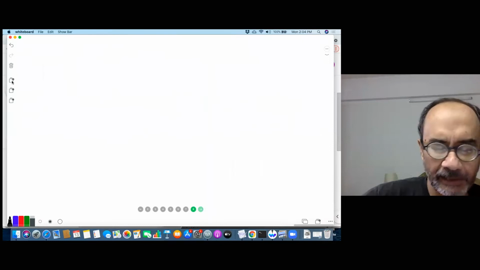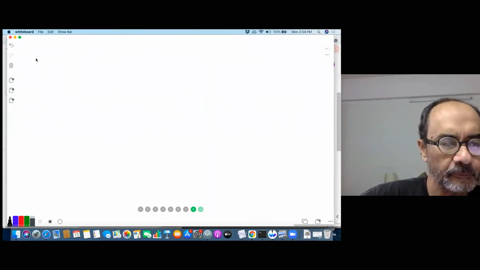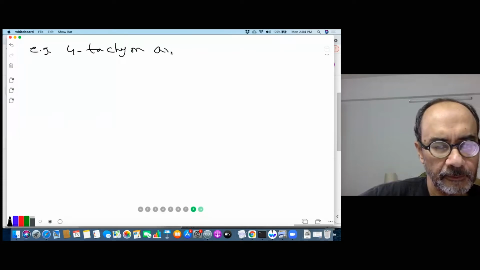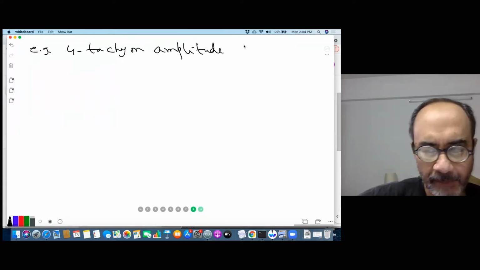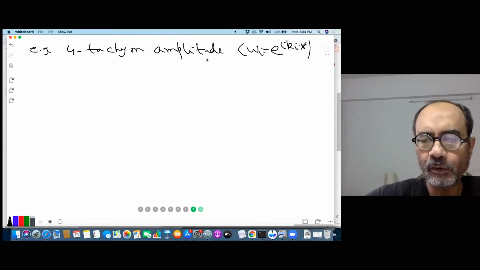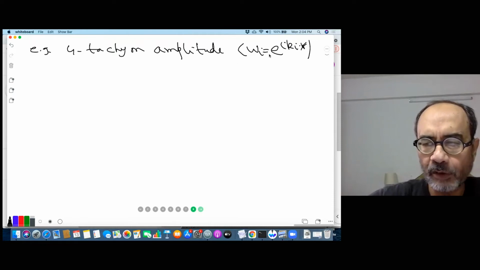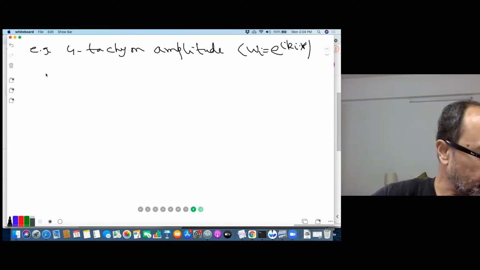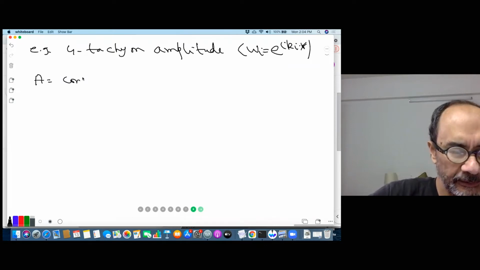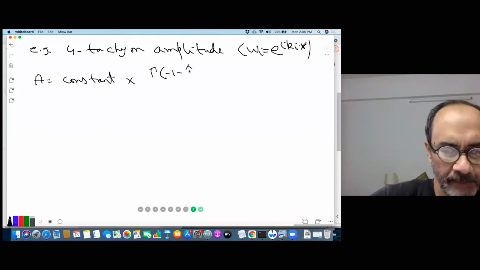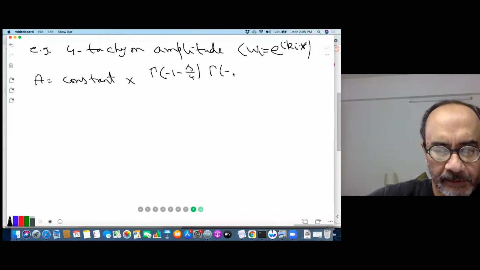And to give you an example, I'll write down the result for the 4 tachyon amplitude. Okay, so for tachyons, let me remind you that Wi is just e to the i ki dot x. Okay, no parts of derivatives of x, just e to the i ki dot x. So you can easily calculate this 4-point correlation function using the formula that I wrote down earlier. And then the integral, you can show, admits an analytic form. Okay? And the amplitude becomes a constant times a nice product of gamma functions, gamma minus 1 minus s by 4, gamma minus 1 minus t by 4,